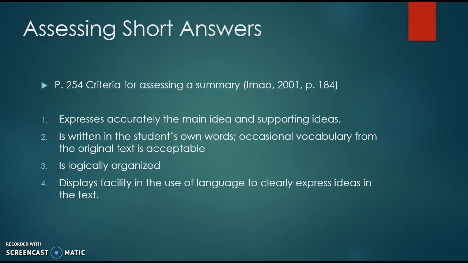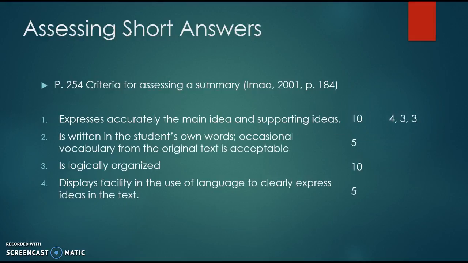logically a little bit mis-sequenced, extremely disorganized, however you would work that out. That's the hard part. But maybe we don't want to do that. Maybe we would want to just do points. Main idea and supporting ideas is worth the most. And you might even want to break that down, saying the main idea is worth 4 points and the supporting ideas are each worth 3 or something like that.